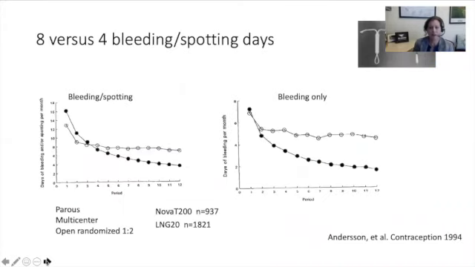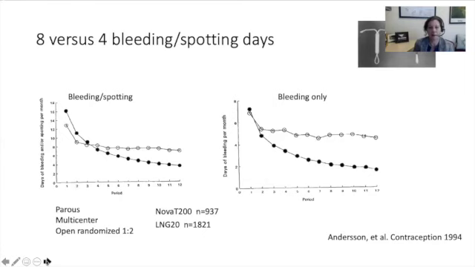What is the average number of days of bleeding to expect per month? This very large study randomized Paris patients to LNG 20 versus Nova T 200, including post-abortion placement. The open circles are the copper IUD, with bleeding and spotting on the left and bleeding only days on the right per month. Looking at the number of bleeding and spotting days by month here, it seems that steady